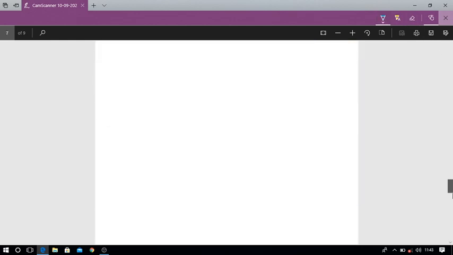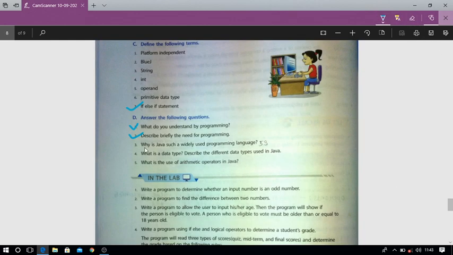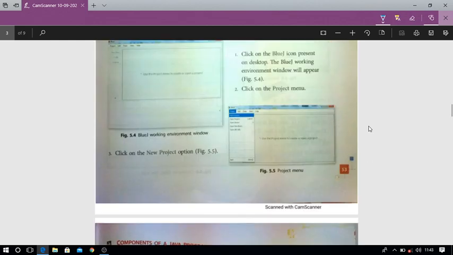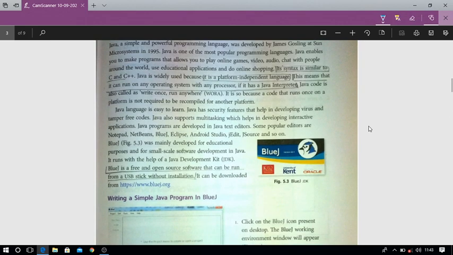Next, question number 3: why is Java such a widely used programming language? Let's move to page number 53. In this one, you can write: Java is widely used because its syntax is similar to C and C++.